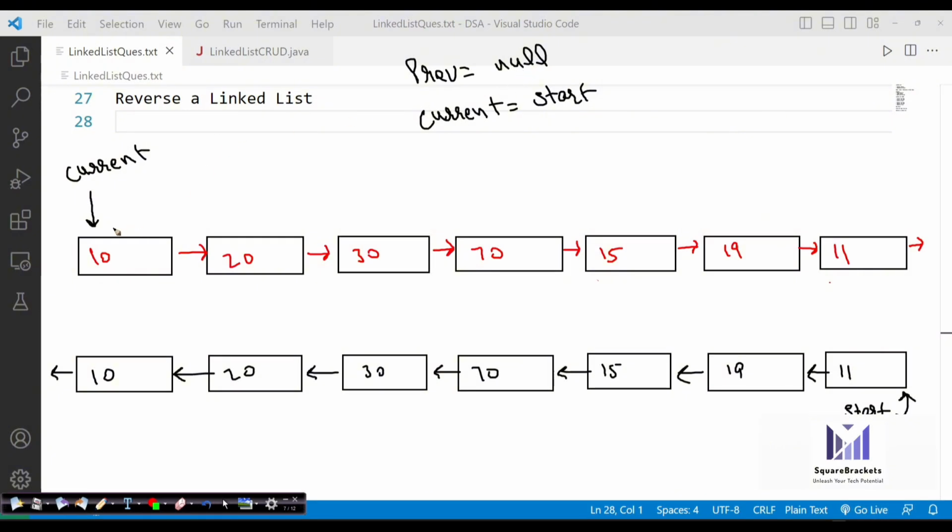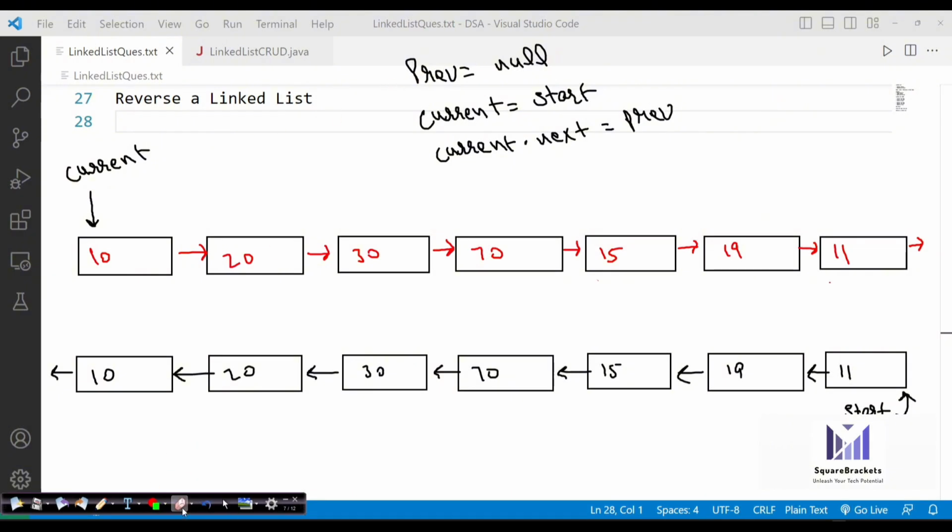And now suppose I write current is equal to start and if I do this thing, that current.next is equal to previous. What if I write current.next is equal to previous? So what will happen? Current will start pointing to the null. Simple enough because previous is null.